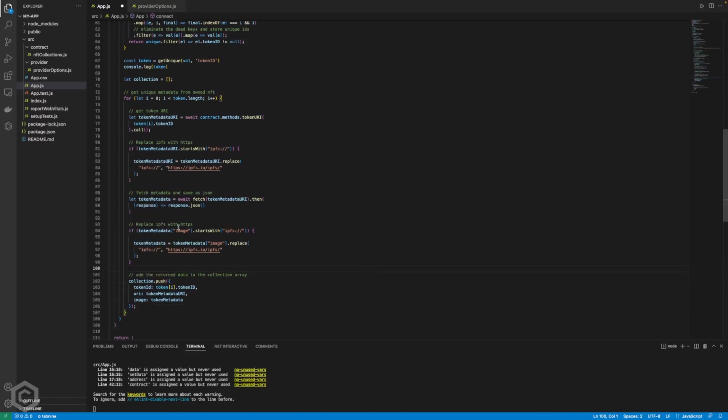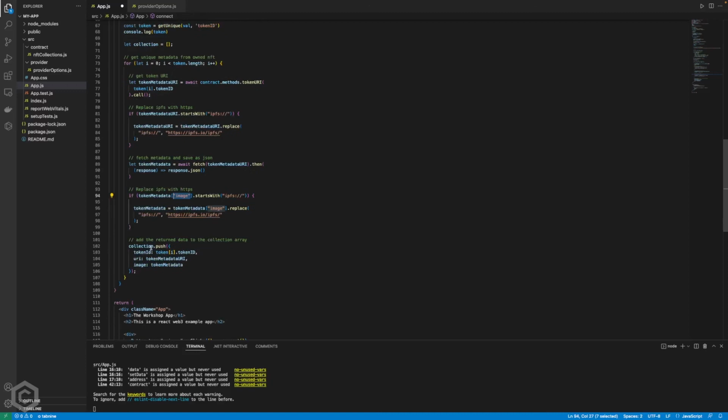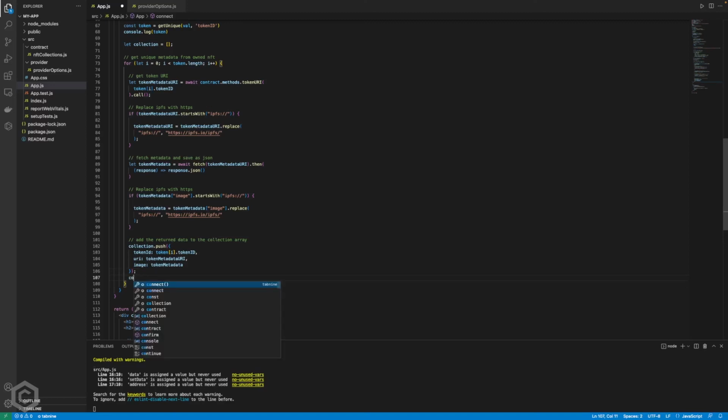And again, we will replace the IPFS with the HTTPS method because we want to specifically get the images. And once we get the images, we want to push the returned data into the collection array that we have declared here. And what will be returned is actually, so if I log the collection,